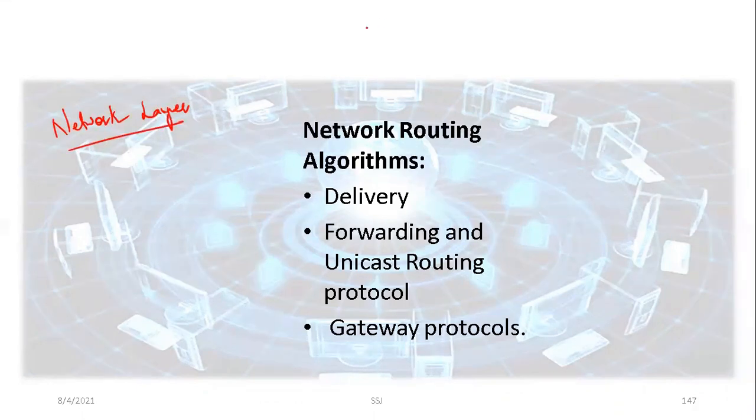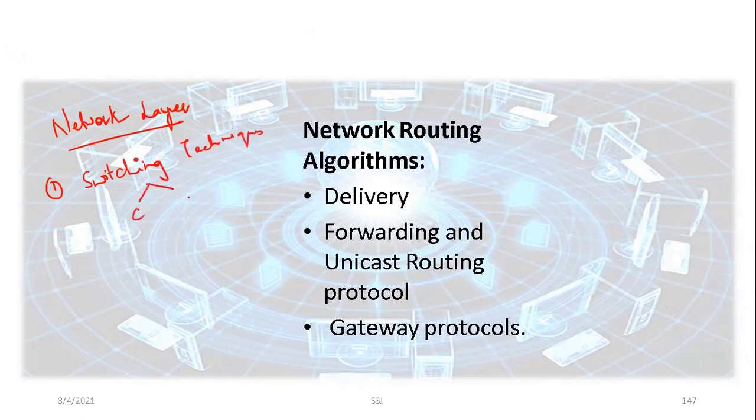So, if we go back to the syllabus of your network layer, or basically if we just see the subtopics in the network layer, we will understand the different functionalities. So first we studied about the switching techniques, and we know that the network layer has two types of switching techniques. One is circuit switching and the other is packet switching.